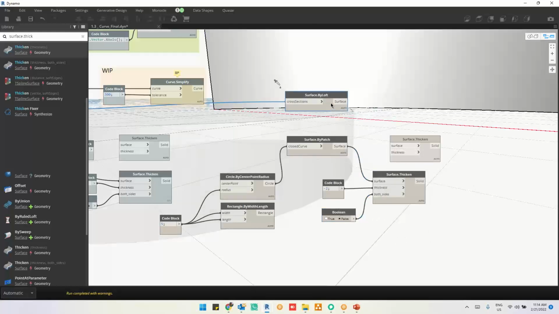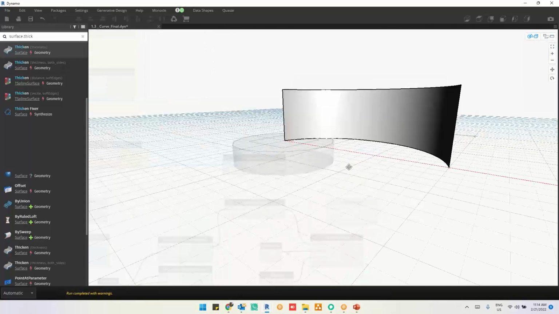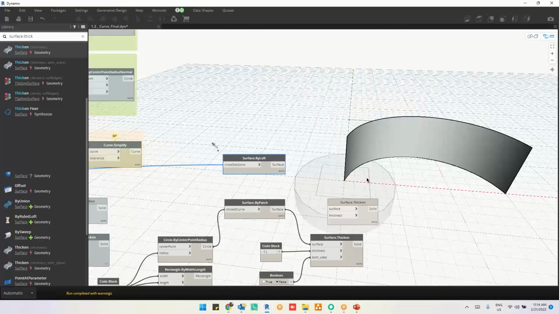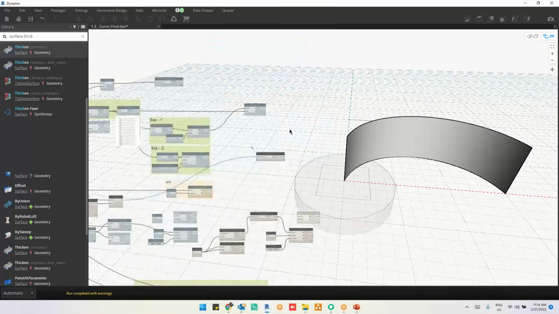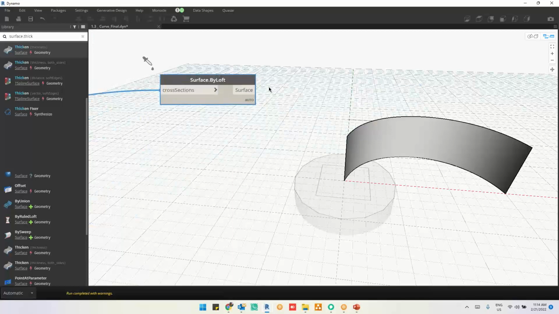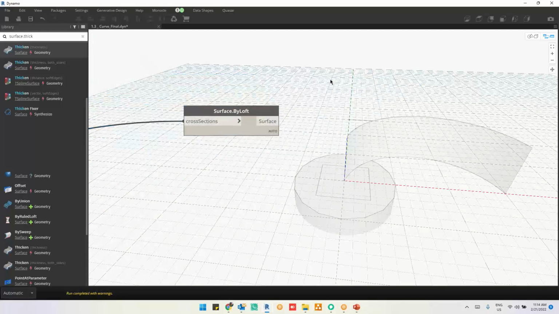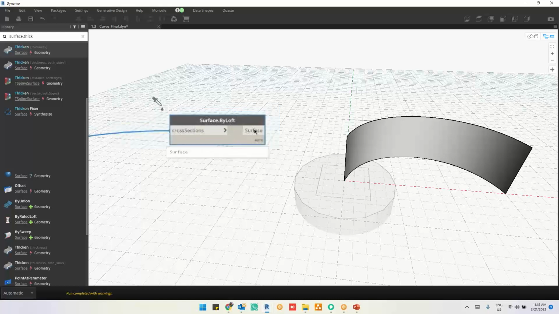Okay. So I have a surface dot by loft here. I have a surface. Let's consider this a surface and I want to play with the surface. How do I play with the surface? I have this as a cross section and this is one more cross section here. Okay, fine. So I have a surface now and